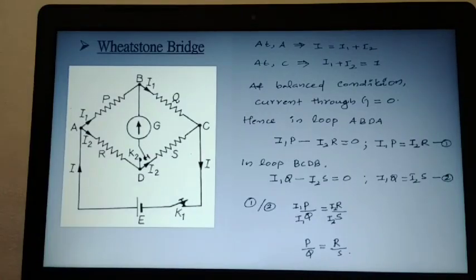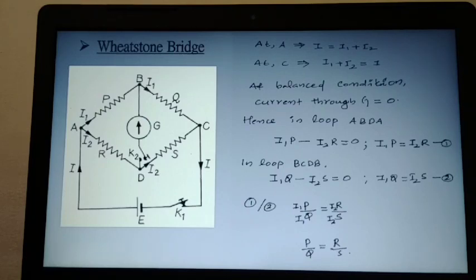See, this diagram shows a Wheatstone bridge arrangement. In this you can find four resistors P, Q, R and S, arranged in such a geometry, a parallelogram, and between the two diagonal points A and C,